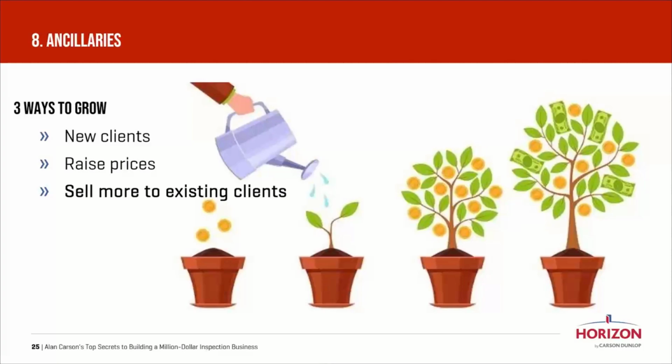Here's another way that I think is a great way to build your business. And again, it applies whether you want to be small, medium, or large. There are probably 3 ways to grow your business. All of us have to find new clients, and we've been talking a little bit about how to do that. Raising your prices is another way, and we just talked about that. But a third way, and a way that I absolutely love and might be the strongest of the 3, is